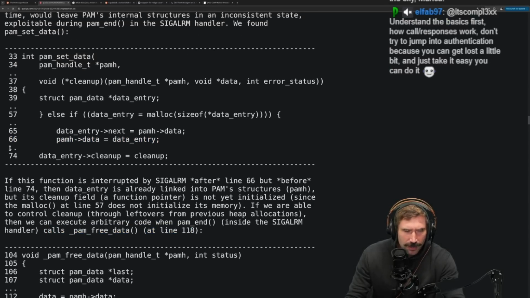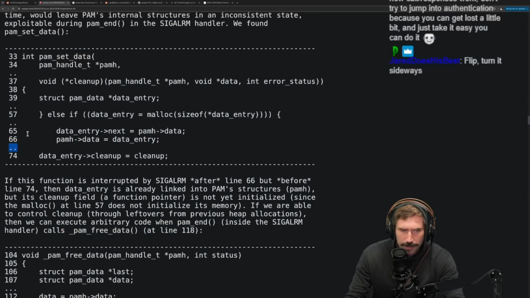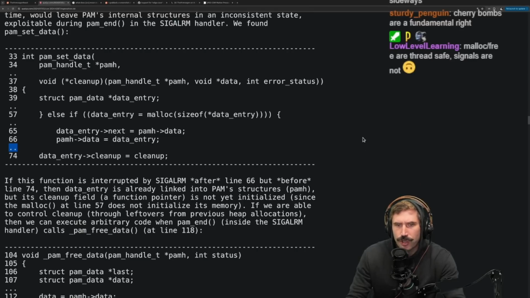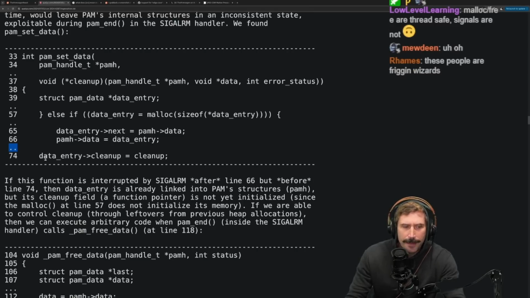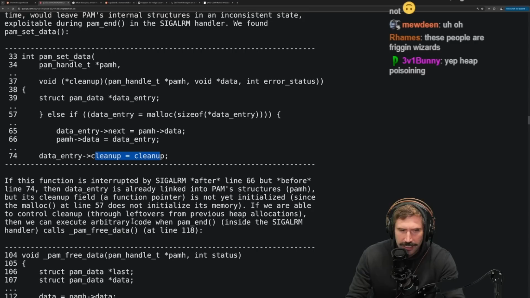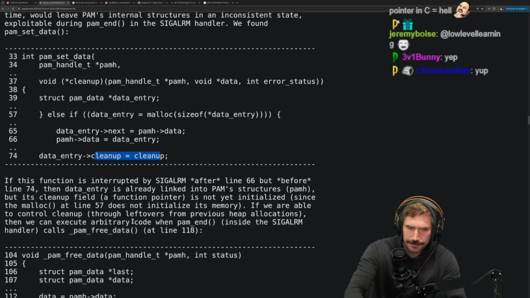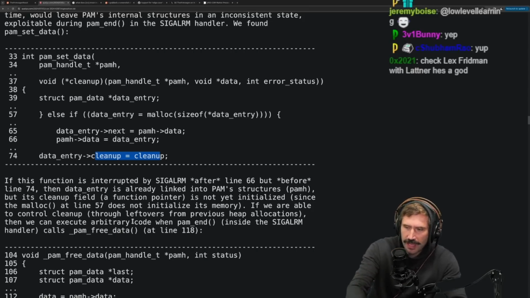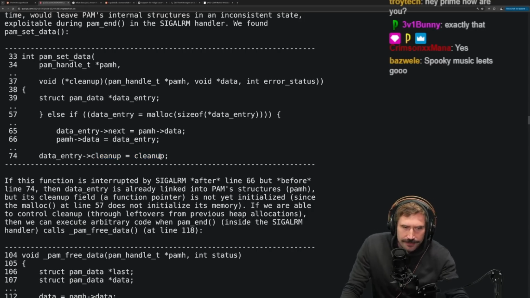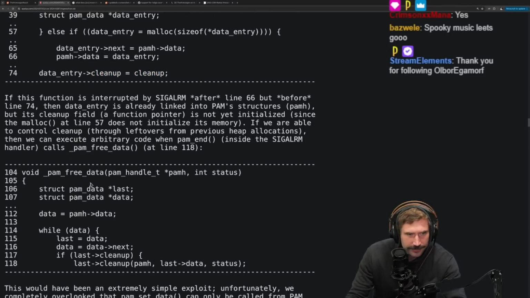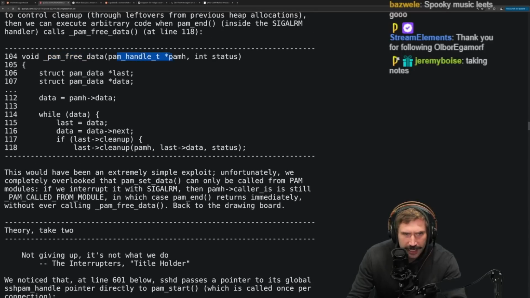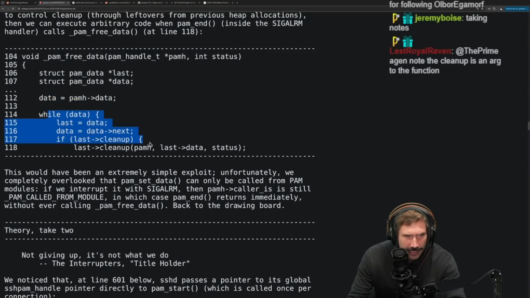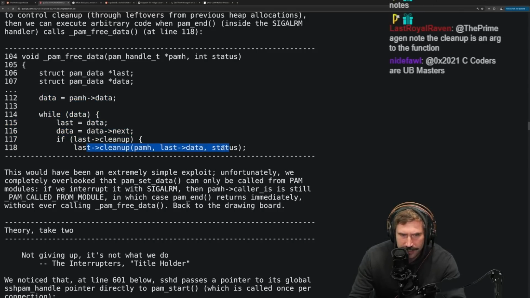So okay, if I'm reading this correctly, they want to cause the abort to happen here, to call a cleanup somewhere else, but before that happens, this value needs to be set to a specific different function pointer so that when it calls cleanup, it calls the function they control. Okay, clever. I literally have no idea how they set this value. Okay. PAM free data. Handler, PAM structure. Let's see this one. We have the data equals the data while last. Yep, there it goes. It calls the cleanup.